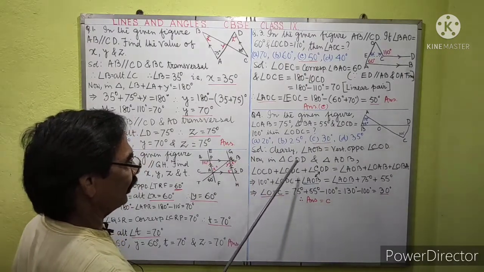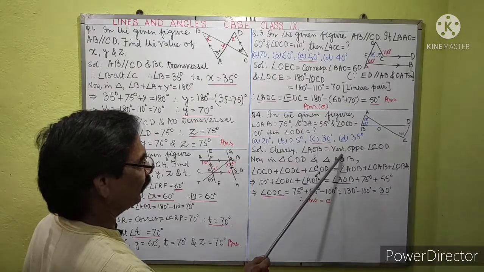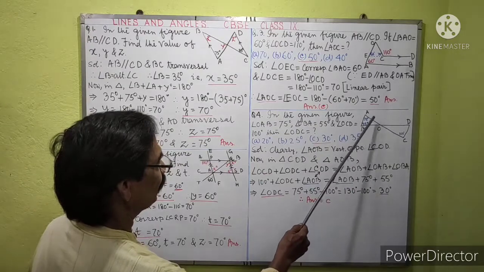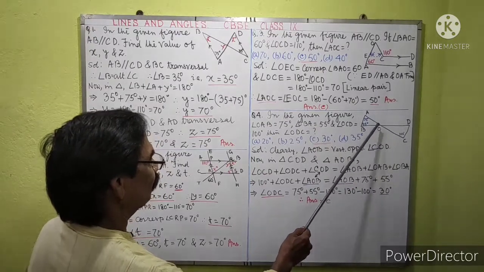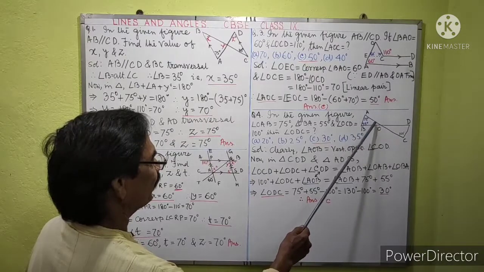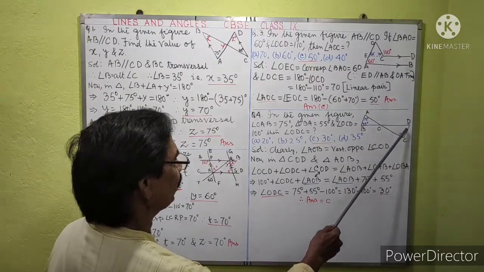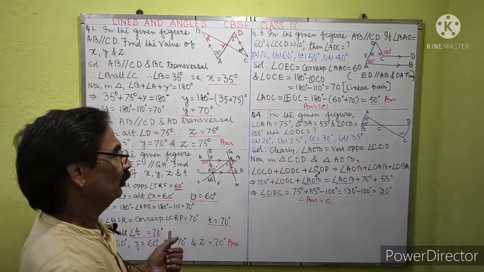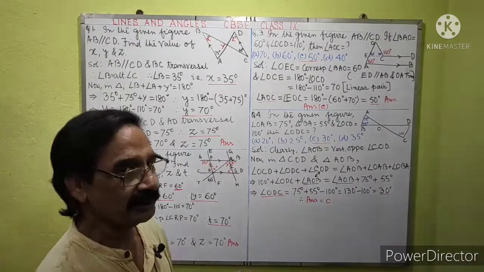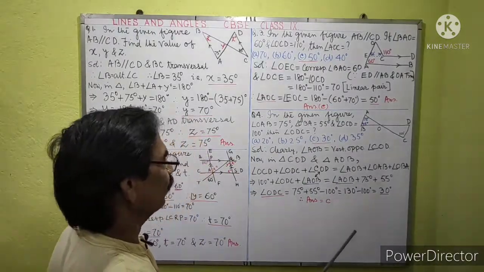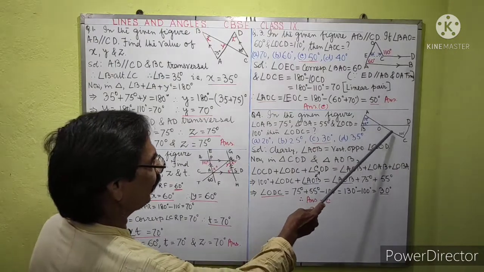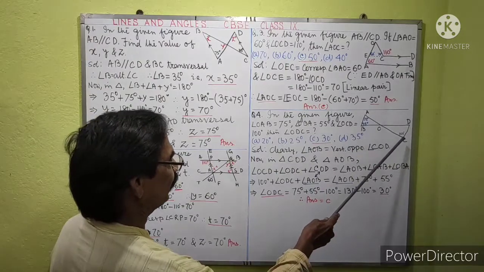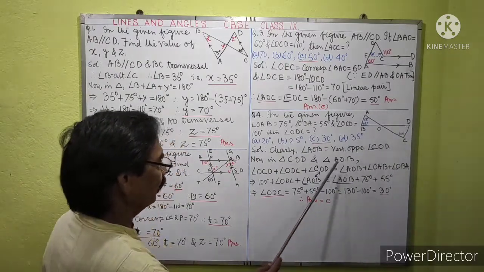Just see, it is clear that angle AOB equal to vertically opposite angle COD. So, this angle plus this angle plus this angle will be equal to 100 degree plus this, because they are two triangles, and we know that the sum of three angles of any triangle equal to 180 degree. Therefore, since these two angles are vertically opposite angles, the sum of 75 plus 55 will be equal to 100 degree plus angle D. It is clear.